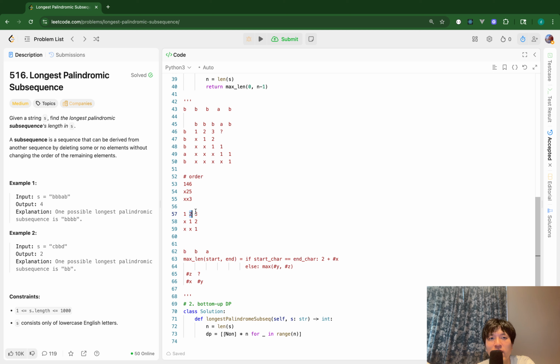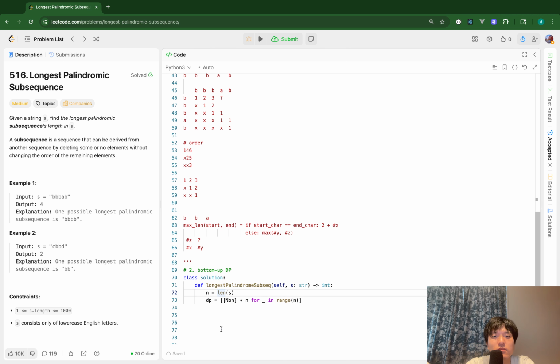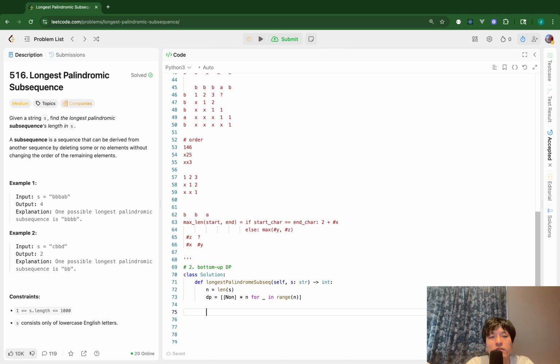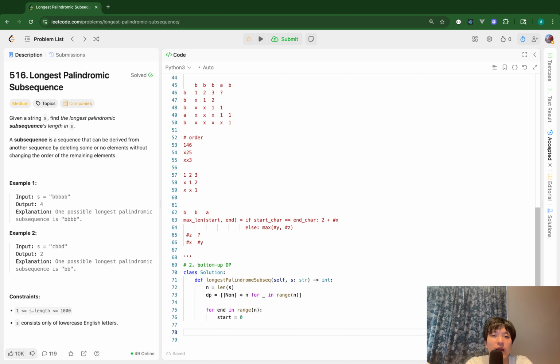Then I will start with start 0 and 2, and keep going. So firstly, I will set the end index first, and for each start from 0, while start and end are in the range of the board,